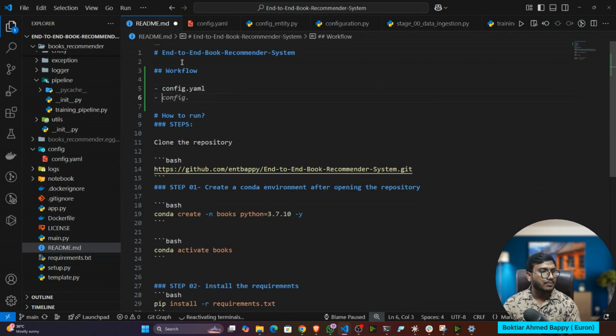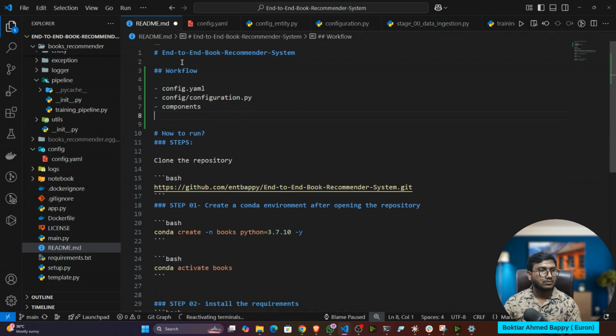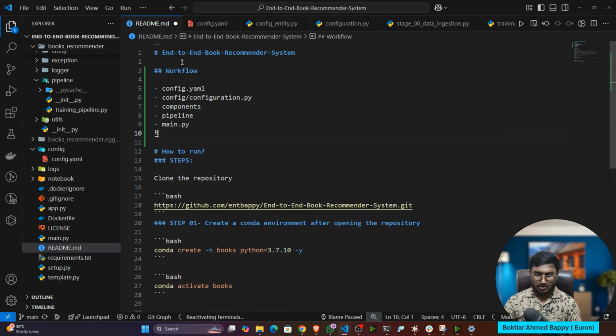Then the next thing you have to update is configuration.py. Then you have to update the component. Then you have to update the pipeline. Then you have to update the endpoint, main.py. And at last, you have to update the app.py.